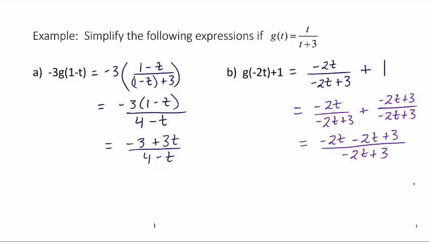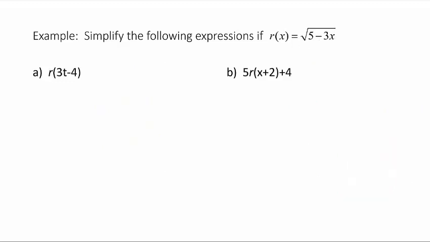So negative 2t minus 2t in the numerator is minus 4t plus 3 over negative 2t plus 3. Now, it looks like a lot of you are going to be tempted to start canceling things there. Like, can't the 3's cancel? Isn't negative 4t over negative 2t positive 2? No, you can't do that because when you're adding and subtracting in the numerator and denominator, you can't cancel terms. It's only when you're multiplying. So we'll learn more about that later, but we have to leave this as is. Mainly, I'm wanting you to understand what changes affect the inside or the input of a function